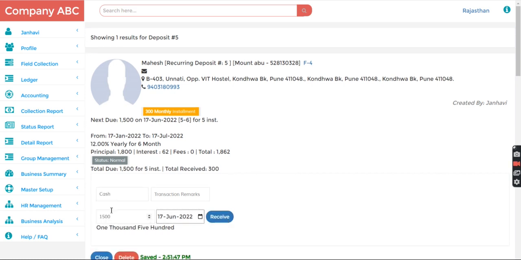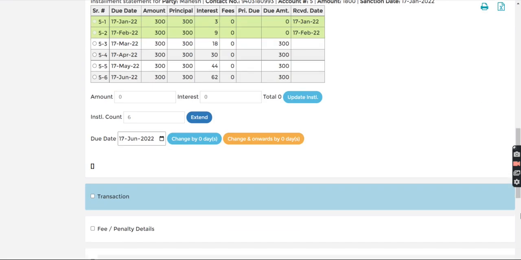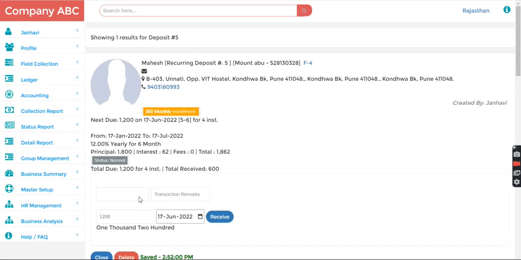Then again 300 in Feb. Whenever we receive, we can refresh the tracker and you can check here the amount is received. So here let's receive again 300 for March,